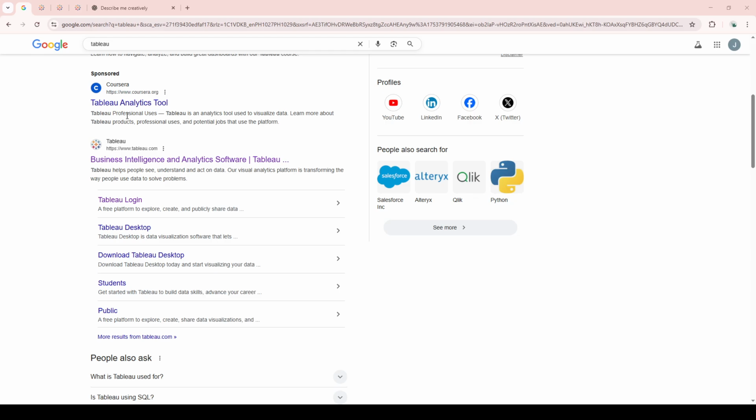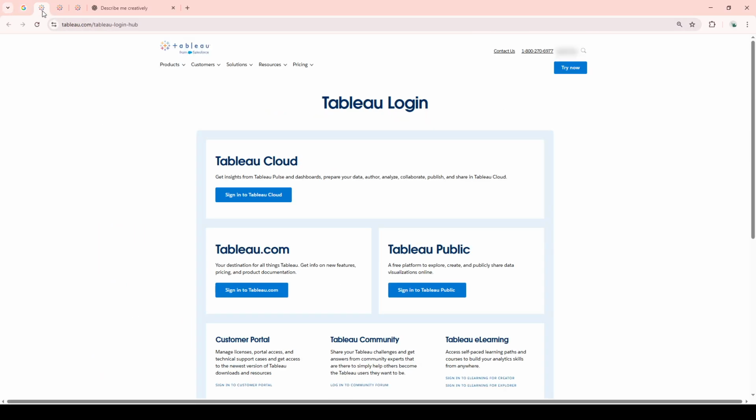Go ahead and search for Tableau. Tableau's website is where we'll either log into your existing account, or, if you're new to Tableau, you'll want to sign up and create a new account. This will be essential as it offers the platform where all the magic happens, where you'll create and manipulate your